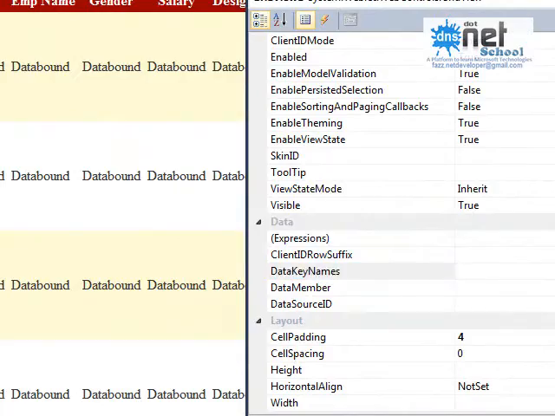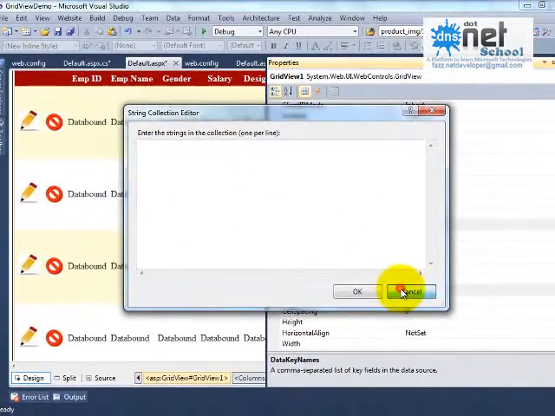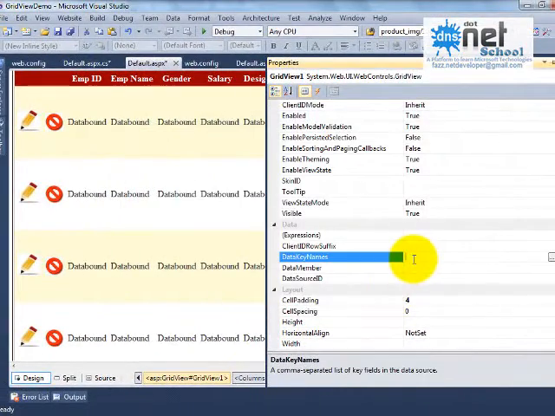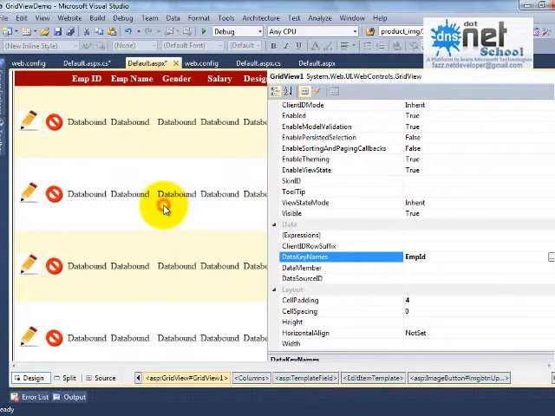It is emp id. You can give multiple key names separated by comma. I am giving emp id, that's it. I am having only one primary key, not candidate keys, so emp id. Fine.